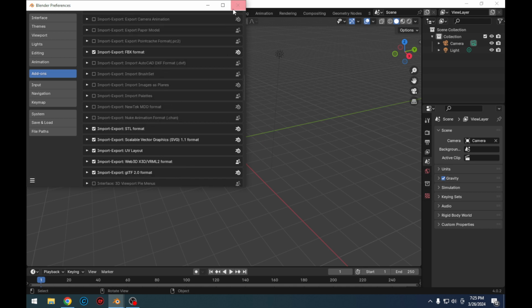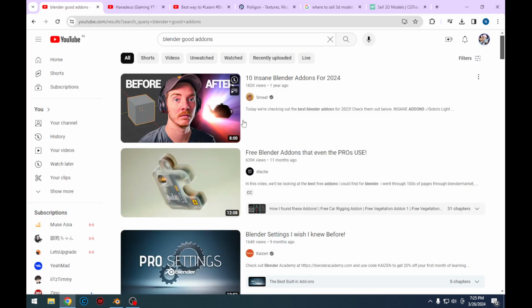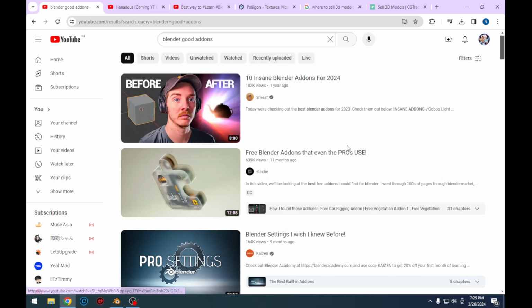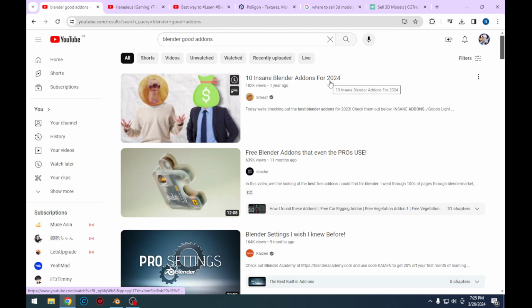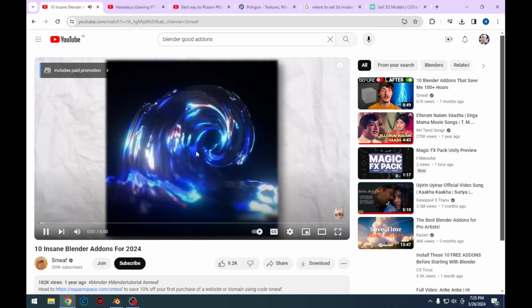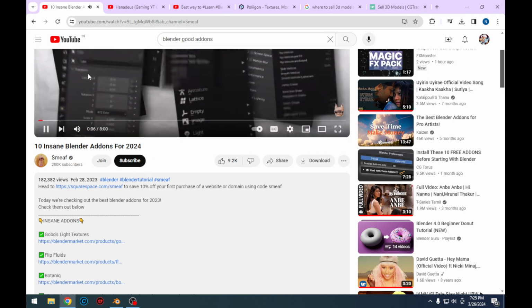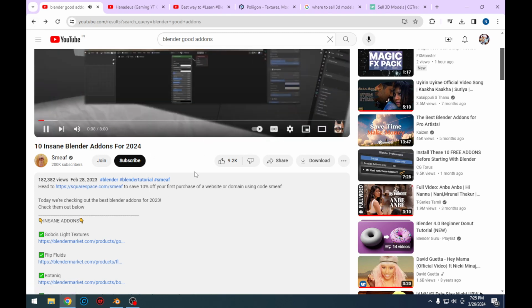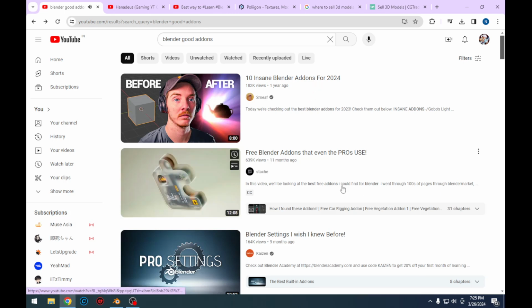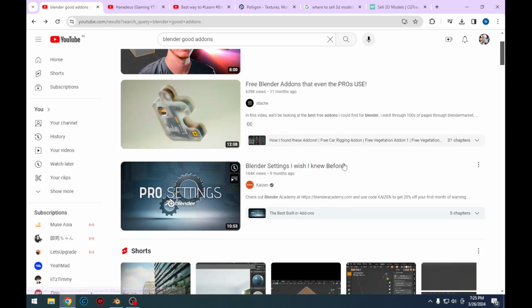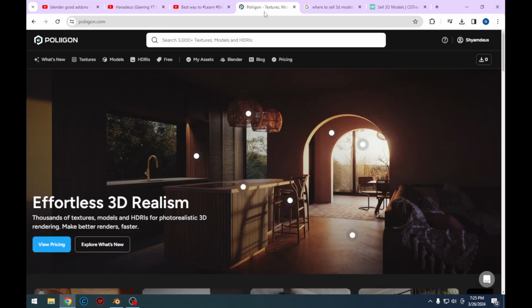You choose which add-ons are useful for you after watching certain videos, such as 10 insane Blender add-ons for 2024. These days, Blender can do just about anything, but it can also be incredibly confusing with hundreds of menus and different layouts. That video was added in 2023, but it's okay. 2024 is okay. Free Blender add-ons that even pros use. Check out these add-ons, and the next thing you should do is go to the